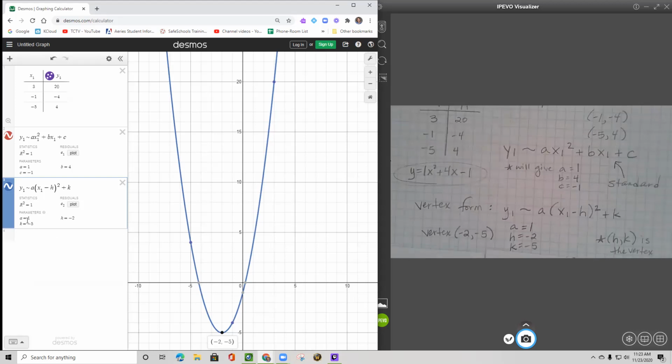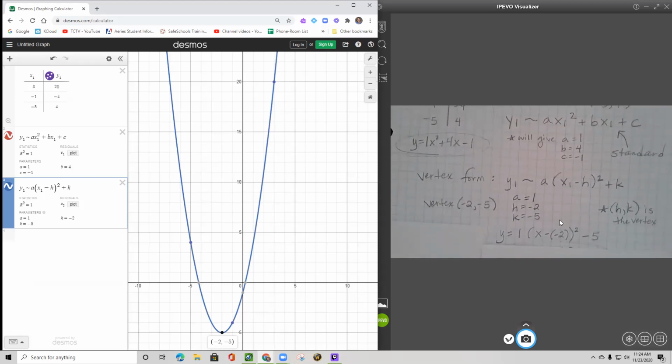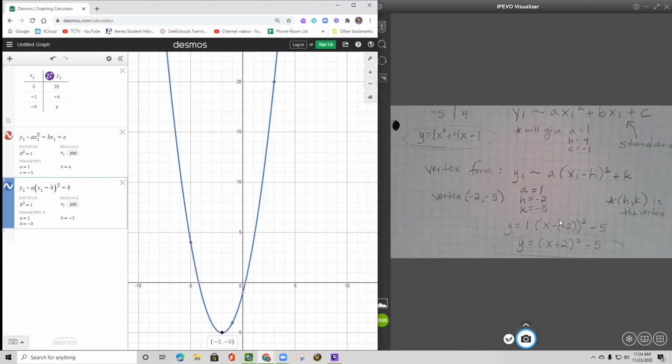So if I write down a, h, and k and substitute them into my vertex form equation, I get this equation: 1 times x minus -2 squared minus 5. And that's a really awkward way to write that equation. Normally we would write y equals x plus 2 squared minus 5. And like I said, those two represent the same